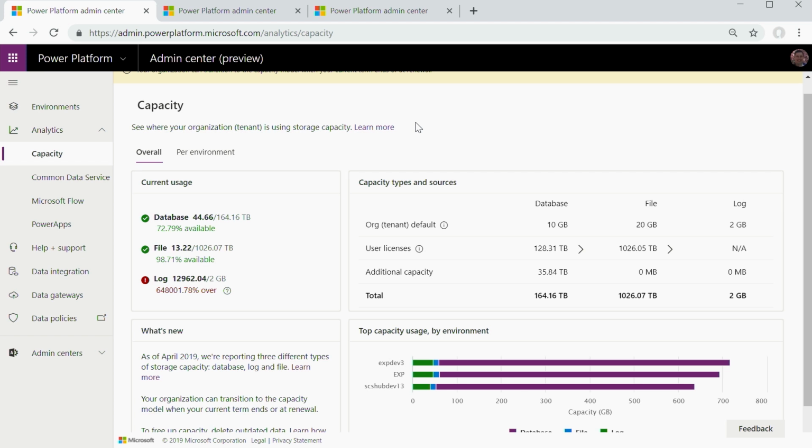I'm really excited about this, and I know the ALM session is very excited about this because it allows you to have a much more seamless DevOps process that's not restricted by the 2 environments per user, and you're only dictated by the available capacity that you have across your tenant. And this is the available capacity, by the way, for the Microsoft tenant. We have just a small number of available capacity: 165 terabytes of available database capacity.